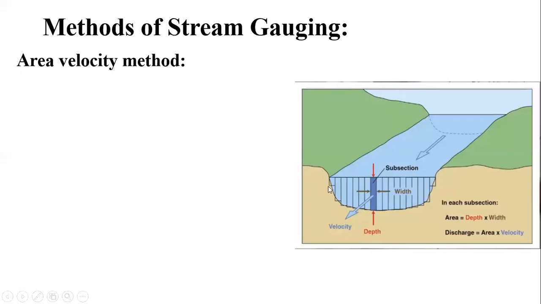Now to measure this area directly is quite difficult. So for getting accurate area, generally this section is divided into a number of vertical strips. Here you can see this is the first vertical strip, this is the second strip, third, fourth, fifth, sixth, seventh strip, likewise. So near about 15 to 25 strips vertically, meaning the area we have here has to be divided into vertical sections. This is one of the sections which is darkened over here.